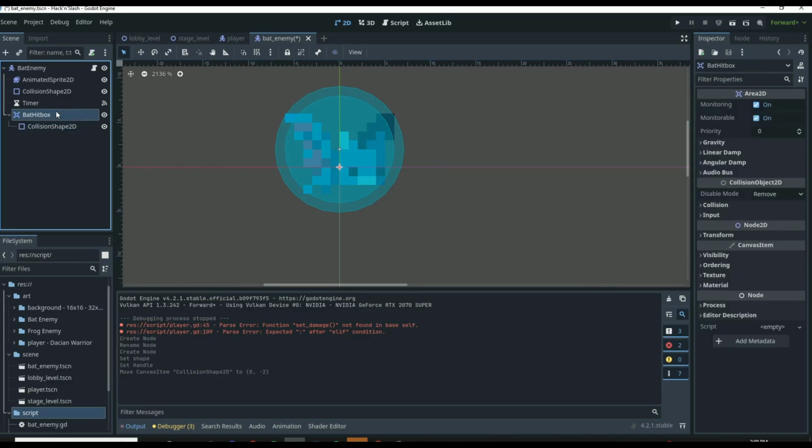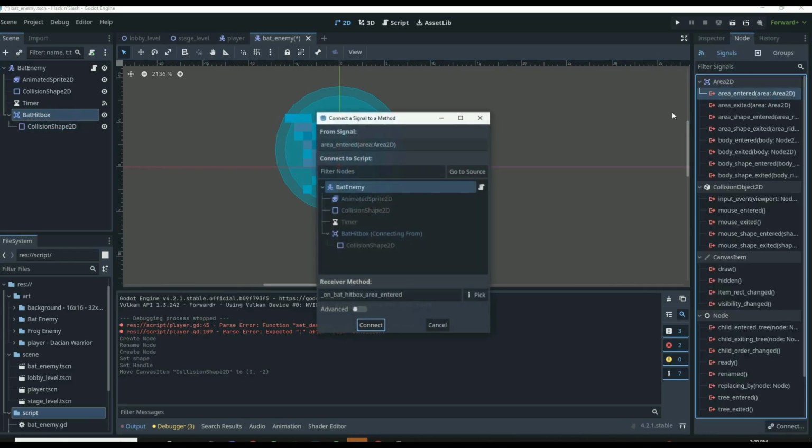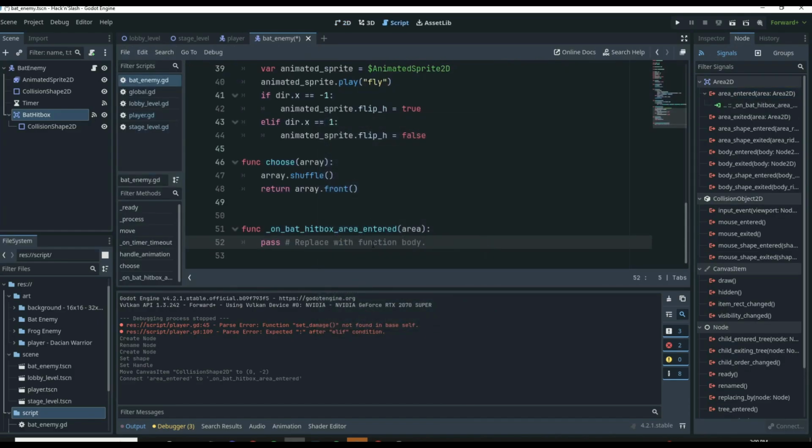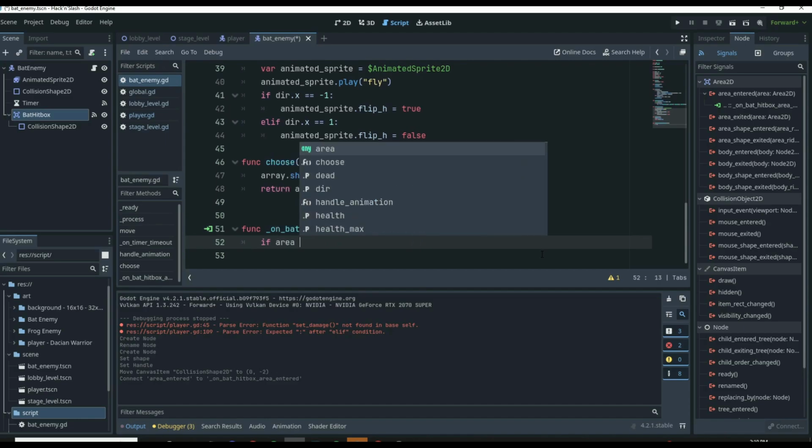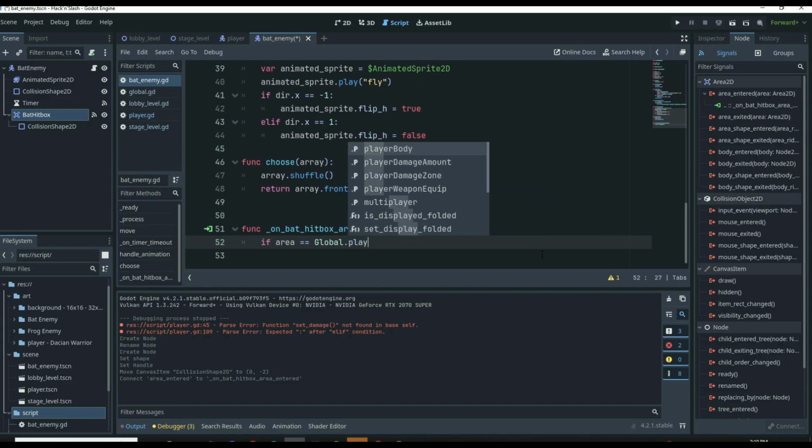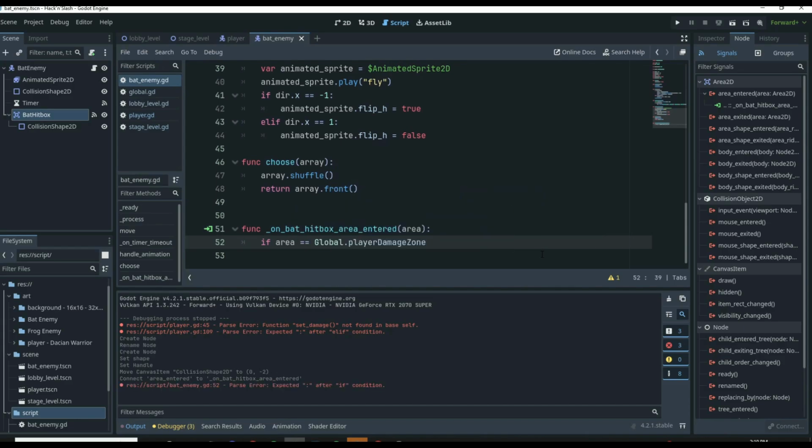Then we can signal an area_entered into our bat script from our hitbox. So whenever an area is entered, we can say, okay, well, let's figure out what is going on. What has entered the area, right? Well, we're going to create a variable, which is going to be our damage variable. So we'll be able to say if area is equal to the Global.player_damage_zone. So if it's the same Area2D entering the zone, which is the player's damage zone, then we can say,